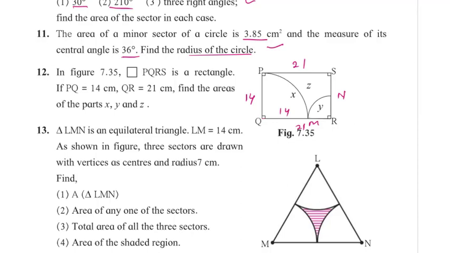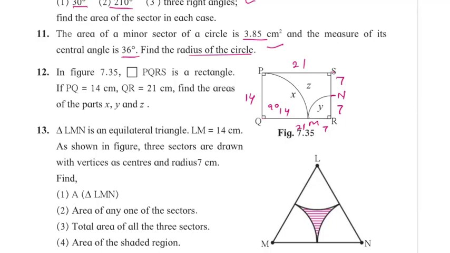Now 21 minus 14 gives me 7. So this MR is 7. So RN will also be 7 and 14 minus 7 will give me 7. So this remaining side is 7. So we can find out these dimensions. Okay. So we have found out radius, angle theta here is 90 degree. So using this angle theta 90 degree, I can find the value of this arc PM.